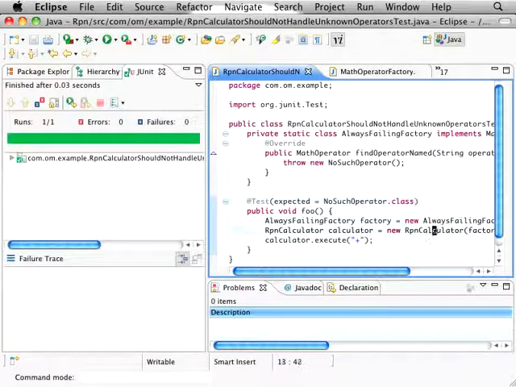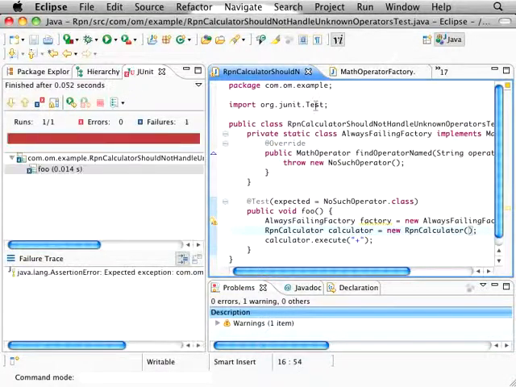and it passes. Now, you think, well, that's not a big deal. I'm going to remove the factory. I'm going to just not use that factory. If I run this test it fails because it didn't throw the exception. But if I put back in the saboteur, and I execute,